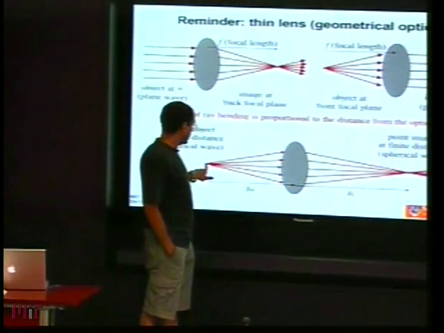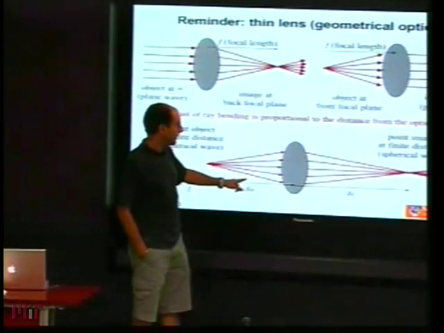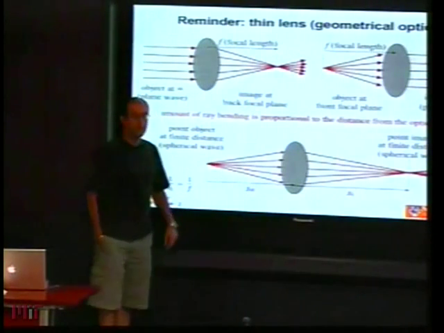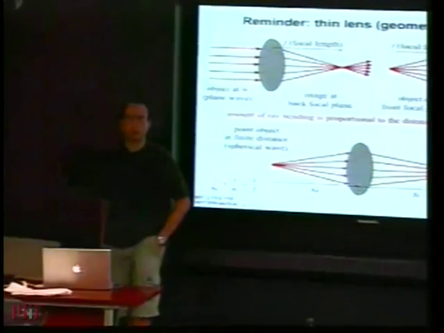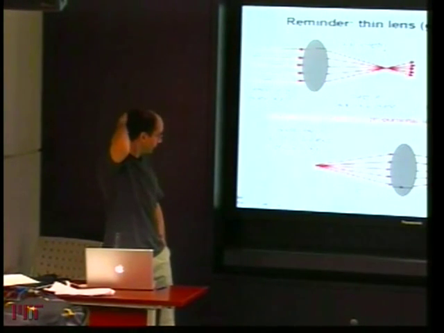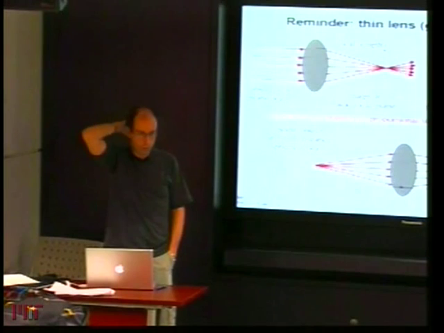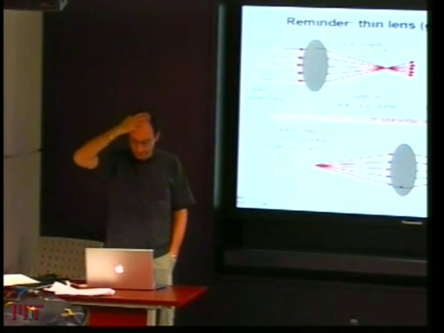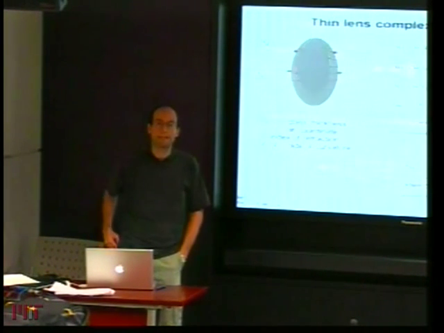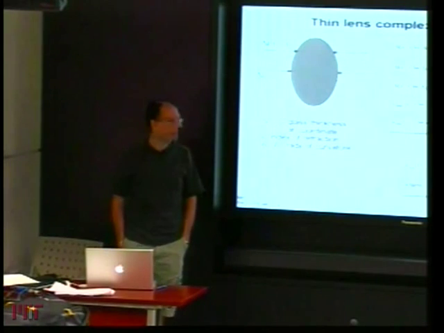If you place an object at some distance s sub o, then the lens will form an image at a distance s sub I, which is related to s sub o by the lens law. So we beat this stuff to death when we did geometrical optics, so I don't want to produce recurrent nightmares to you by repeating it here. So what I will do now is I will describe the lens in the context of wave optics.